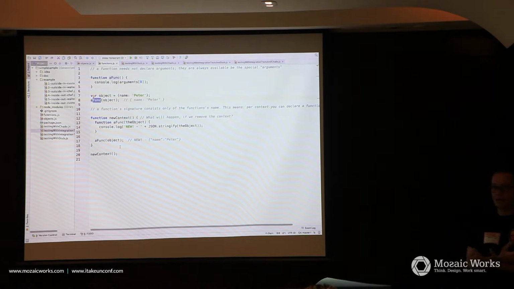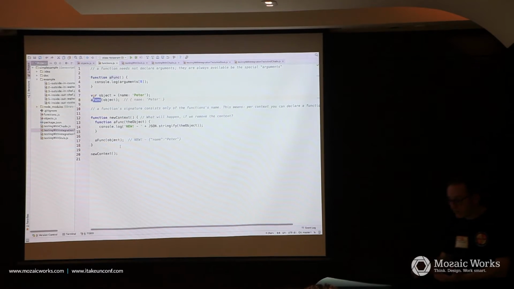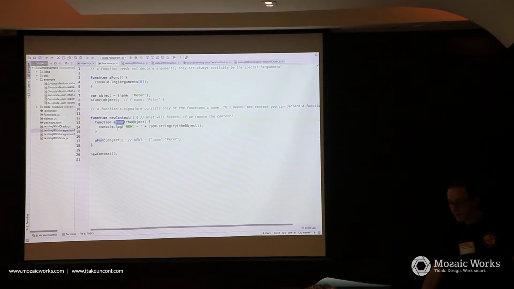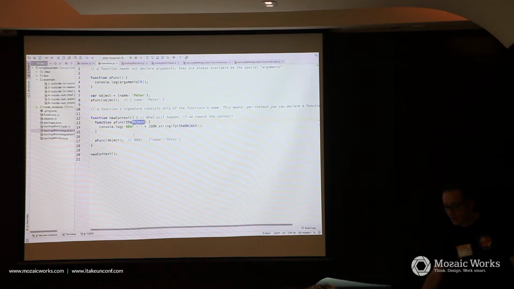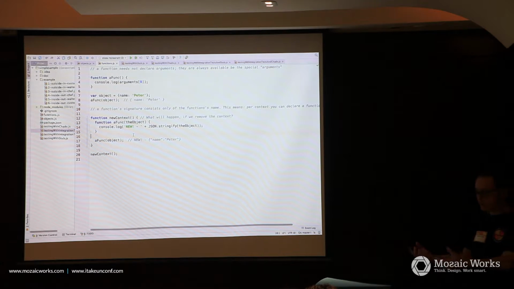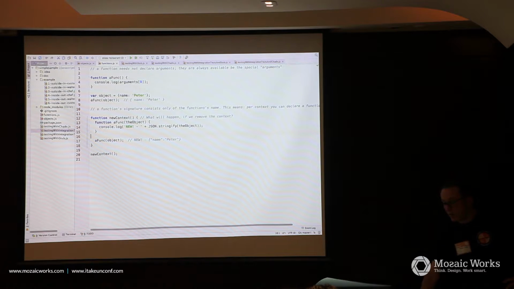The only context you get is in a function. So you have to create a function, like here, and then you can create another function with the same name as above. And then we have a named parameter. So this is just for easier access, so I don't have to say argument 0. And then we call the function, and it prints out this when we call the outer function.